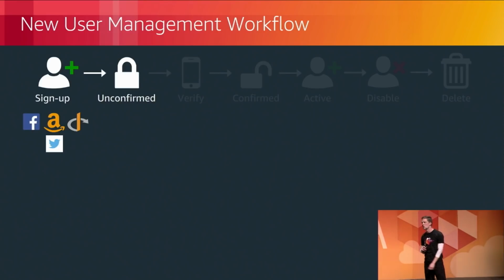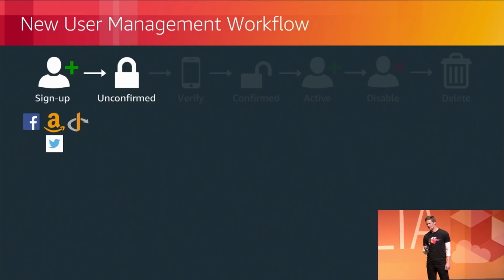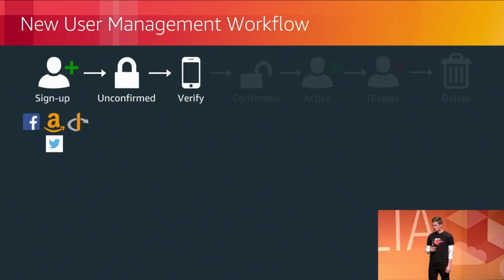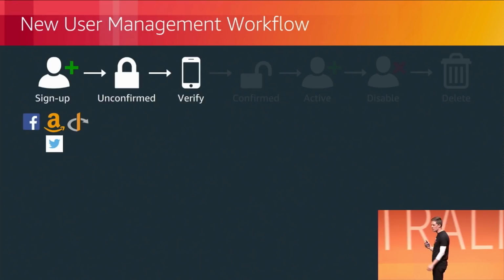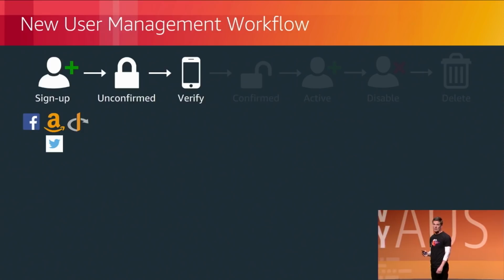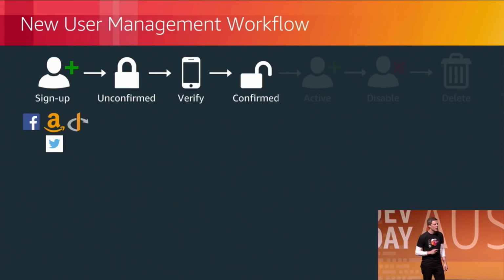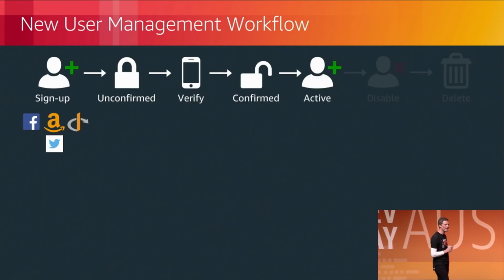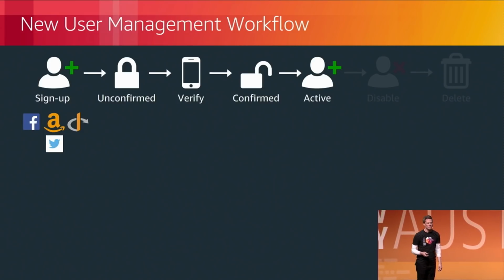Now, once they've signed up, we're going to drop them into an unconfirmed pool. Security is very important, and I need to validate that the information they've provided is accurate and correct. So we'll do that via a verification method. We've all received an SMS before with that one-time password. Enter this code, and we will allow you in. Perhaps it's an email with a link to click on. Verify that the email you've provided is actually your email and you are a real person. Once we've clicked on that email, we can consider this user confirmed and active. They can now interact with my application and data as they wanted to do in the first place.